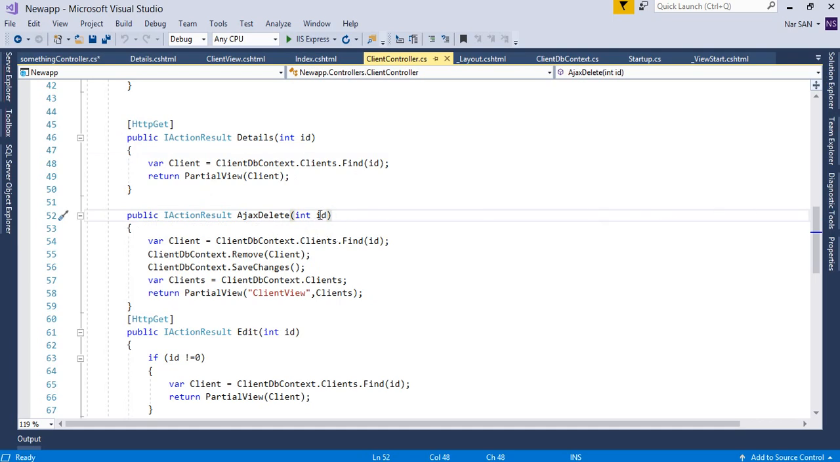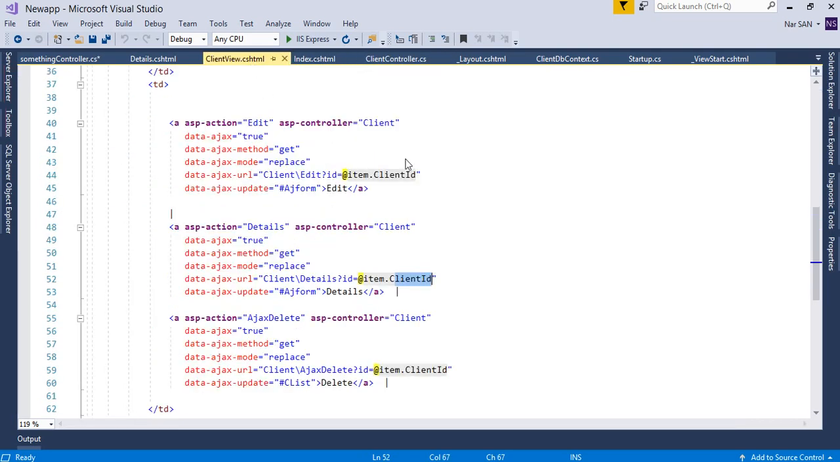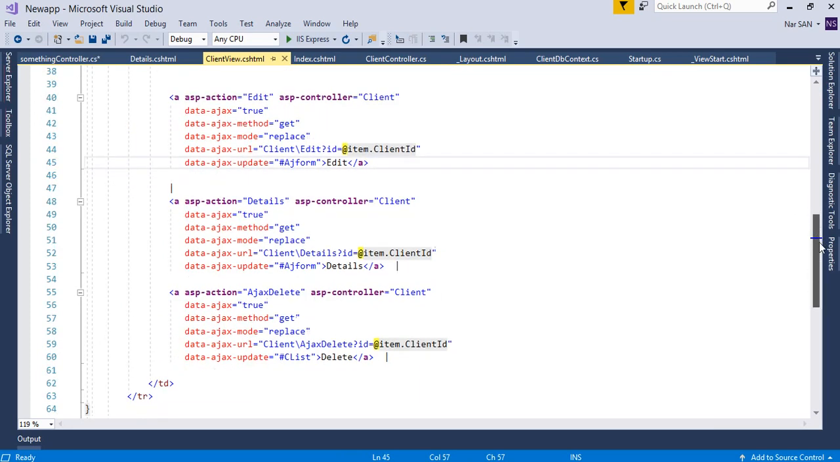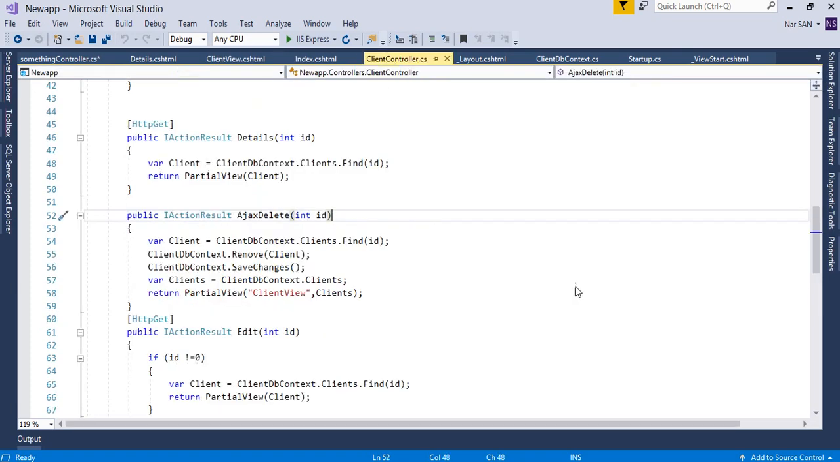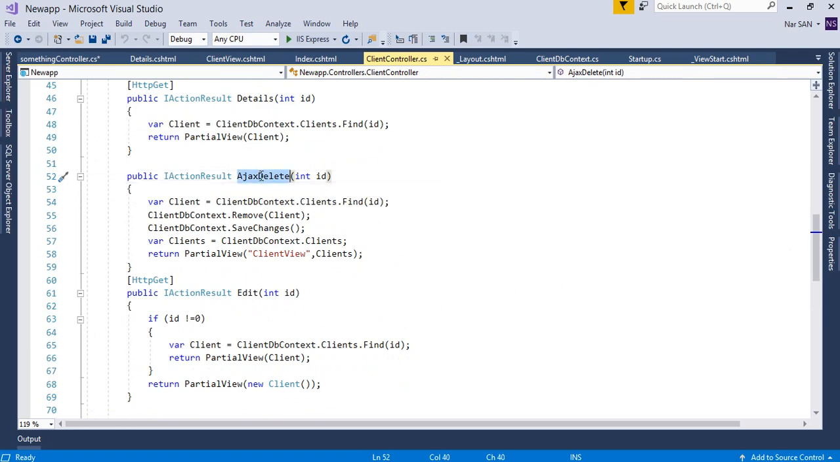In the delete action, similarly, on the delete controller, we'll say this is Ajax delete. Okay, so what we'll do, it will go to the controller action Ajax delete, and it will go to the client controller, and this is the URL for that, and we're going to pass the ID here. This is the action, and we are passing the ID into here, and we're going to create a variable and assign the list of clients here,